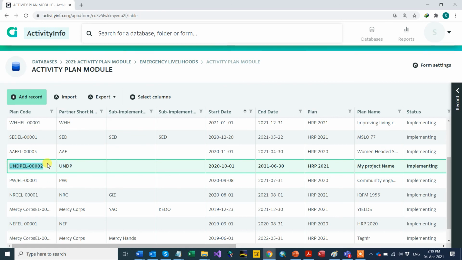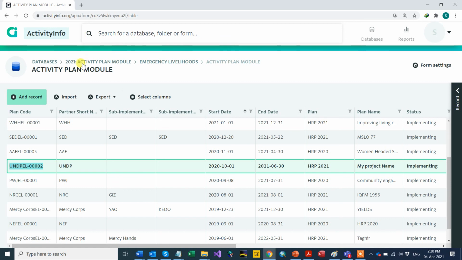Now the plan code for the project that I've just added: the project is UNDP, my organization name, then ELC, Emergency Livelihood Cluster, 0002. This is all about the activity plan module. Now we have finished the activity plan module,